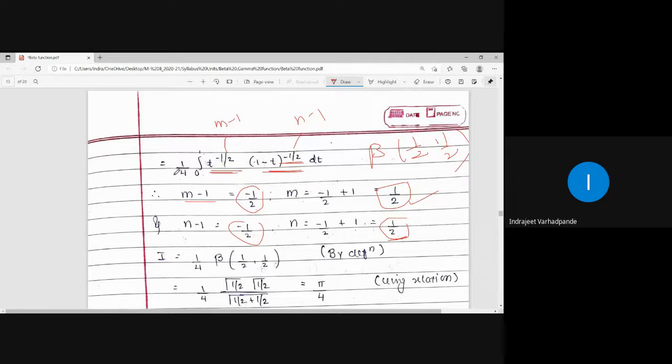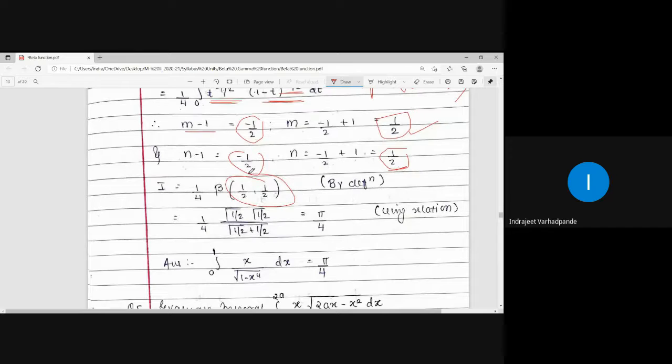So 1 by 4 times beta half comma half. For beta half comma half, go with the gamma function. Gamma half into gamma half upon gamma half plus half. Gamma half plus half is gamma 1. Gamma 1 is 1. Gamma half is root pi. Root pi into root pi is pi. So final answer comes out to be integral 0 to 1 x upon under root of 1 minus x to the power 4 dx as pi by 4. So this is how we try to simplify and